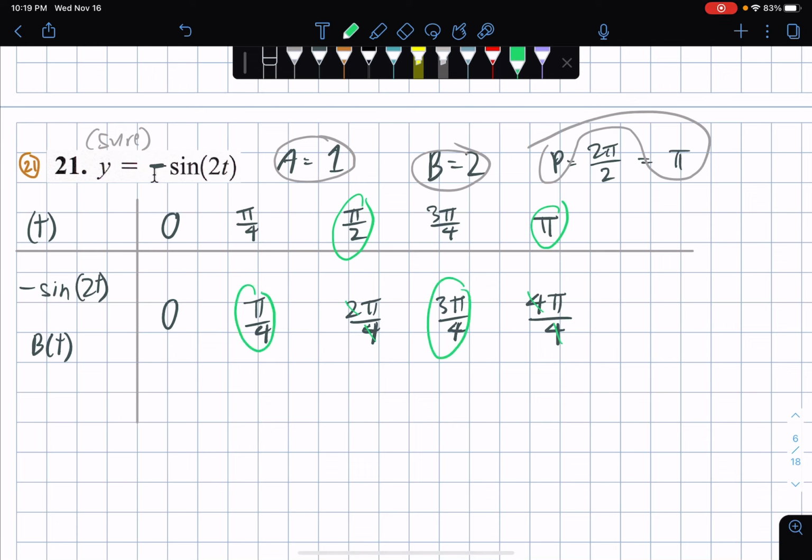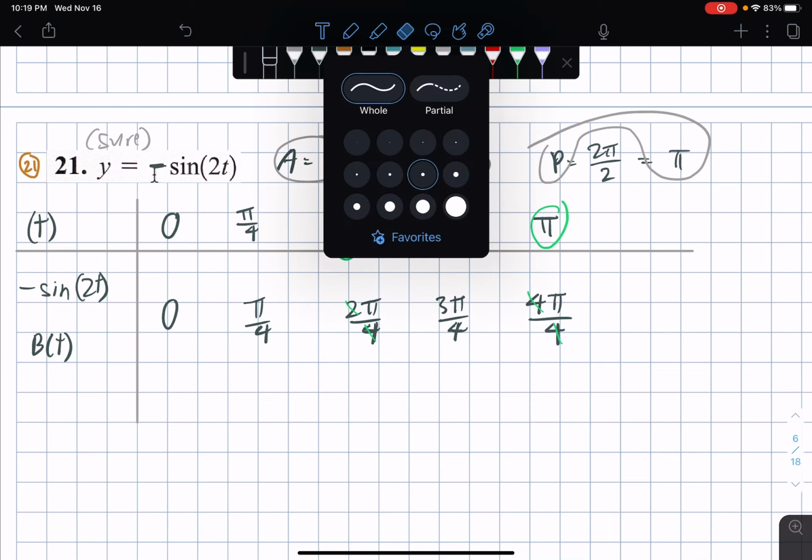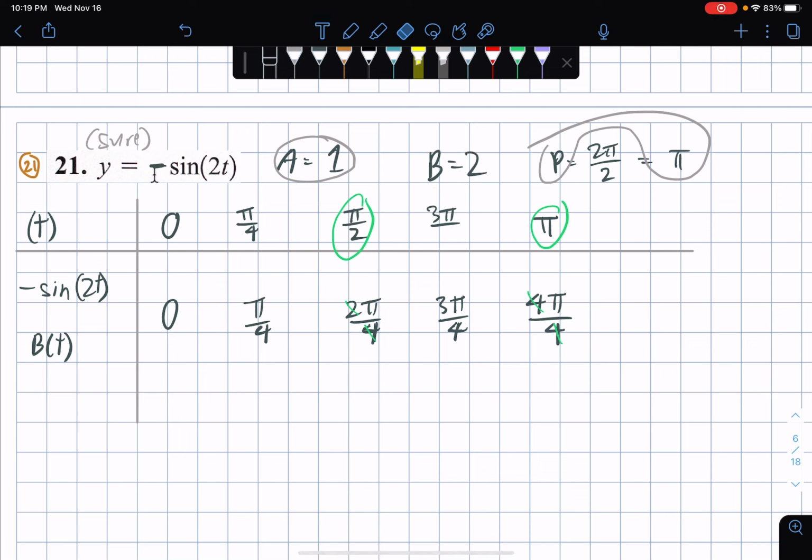So these two values, pi over 4 and 3 pi over 4, they don't simplify. There are no values that are cancelable, so just copy paste. So based on that kind of idea, we could say that if we have 4 values that are not 0, assuming that the denominator is 4, then